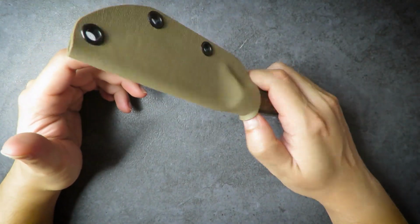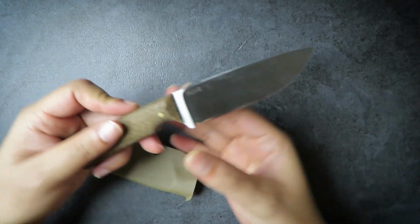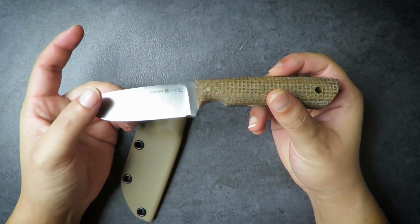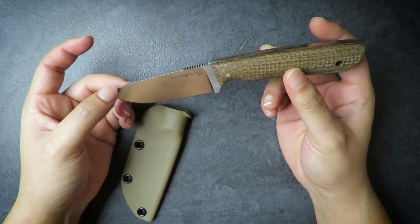Today we are doing a product review of this guy. This is the Fursan Blades Seluang. So a couple things I want to talk about here. This is going to be a full review. It's not just going to be a full review of the blade, but I'm also going to talk about the